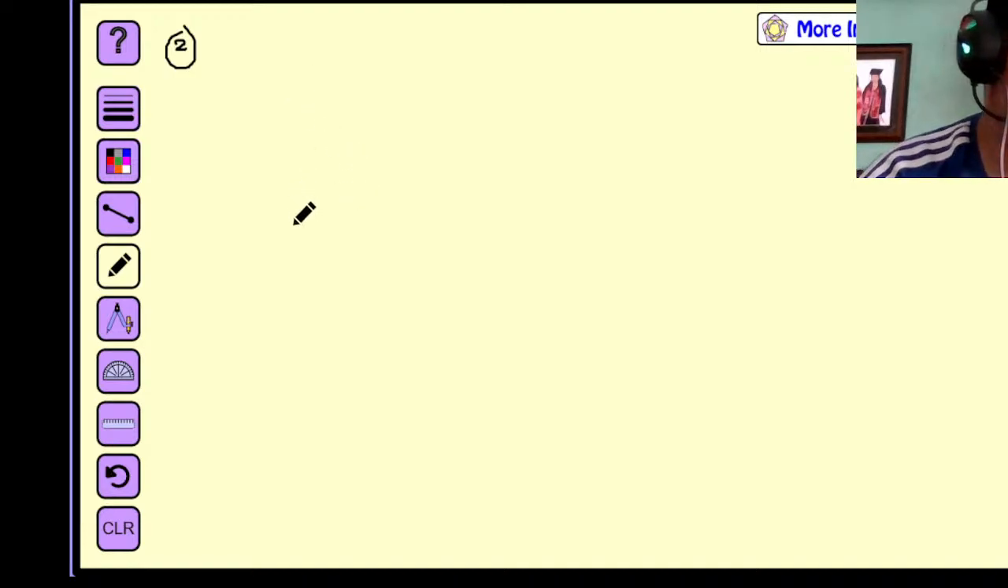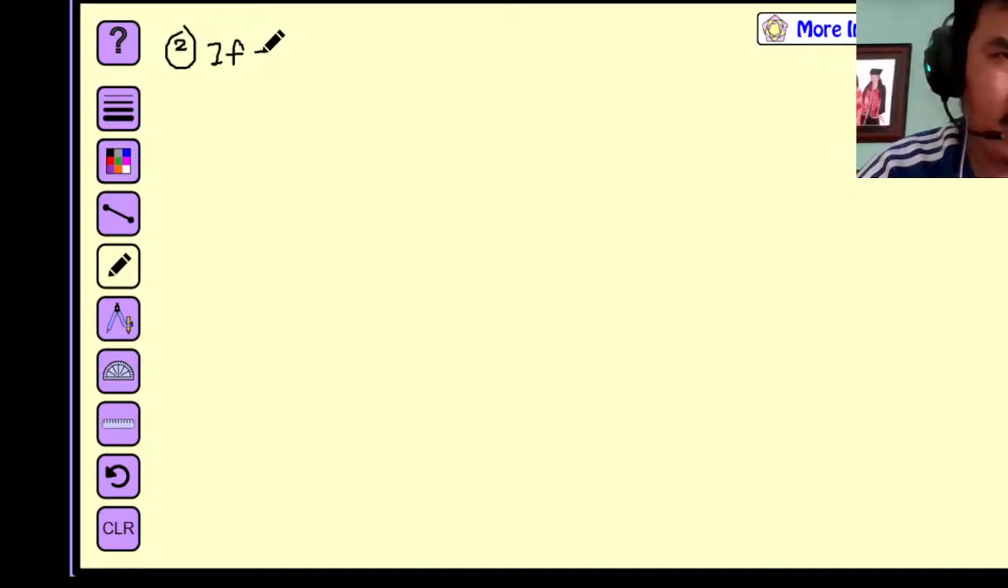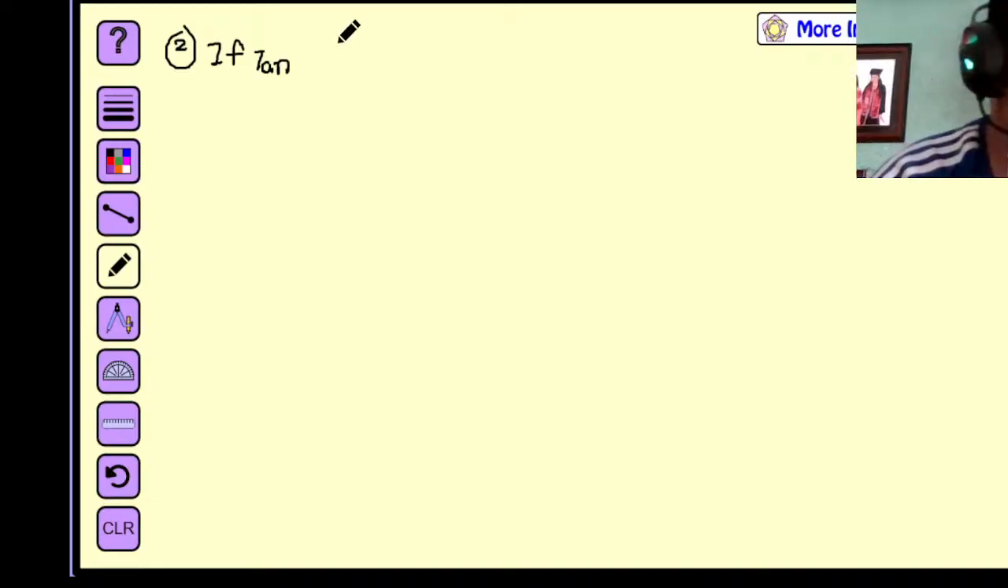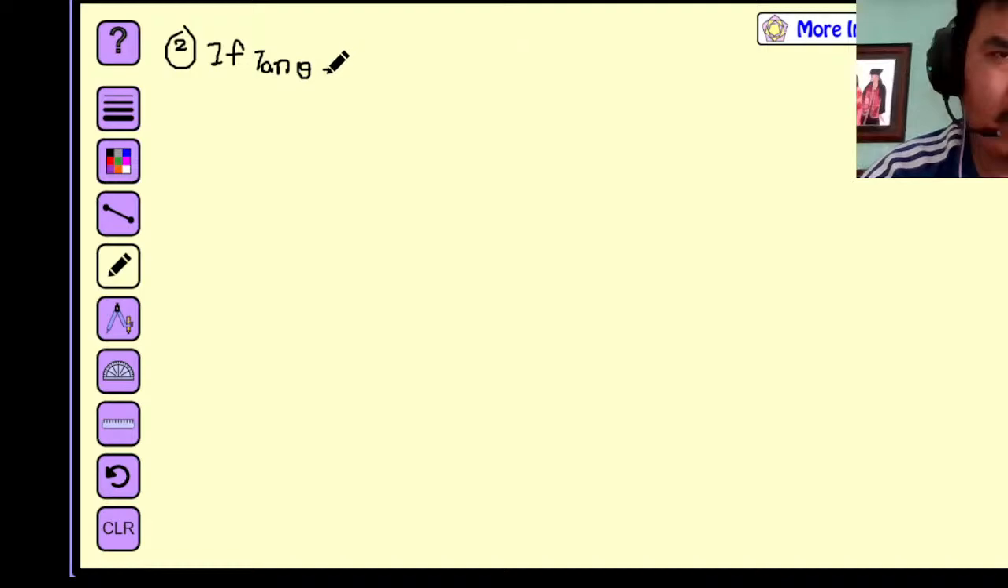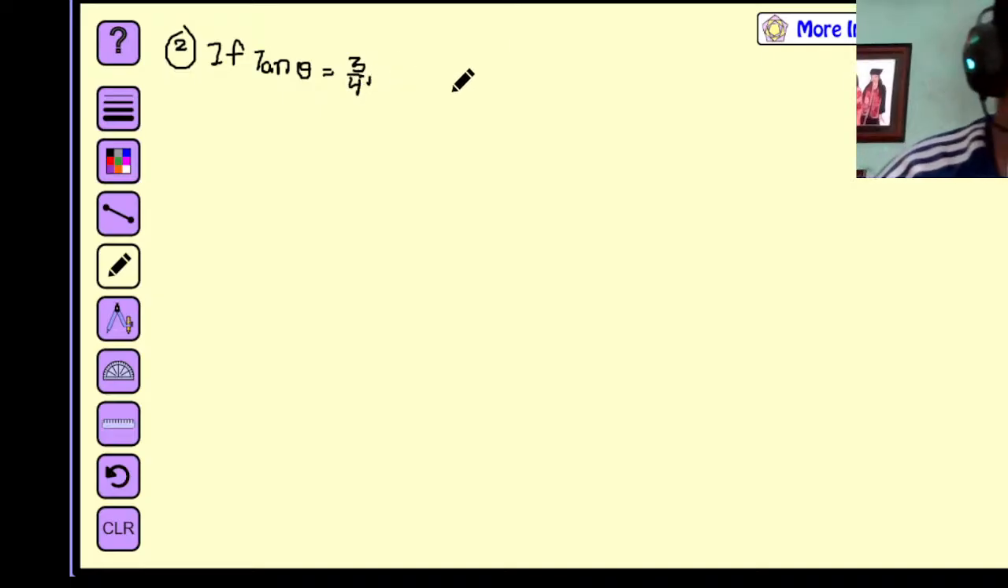If sine theta, okay, I'm using tan now. Why always sine theta only? Suppose there is given tan theta equals 3 by 4. The value of tan theta is given as 3 by 4. In this case, if it is asked to find